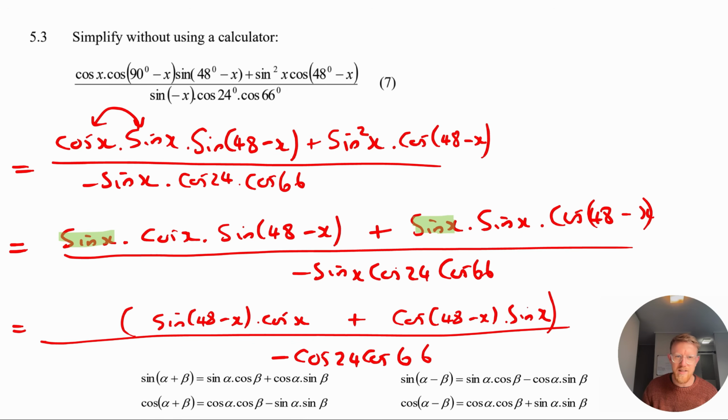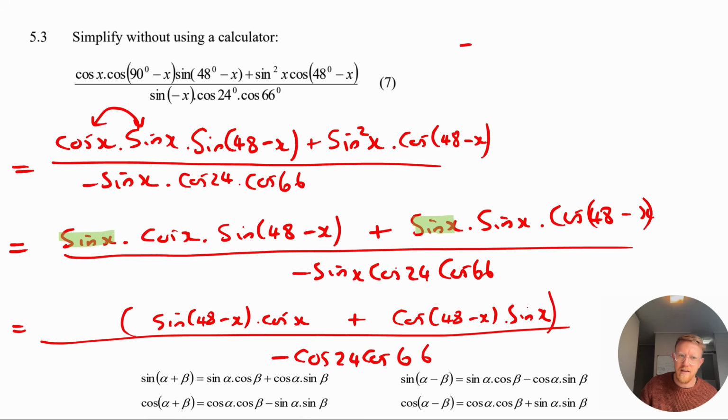So now we have exactly this over here. We've got the sin of an angle times the cos of an angle plus the cos of an angle times the sin of an angle. So can you see that we have this exactly, where our alpha is the 48 minus x, and our beta is this x. So if we then take it from this, and we rewrite it like that,